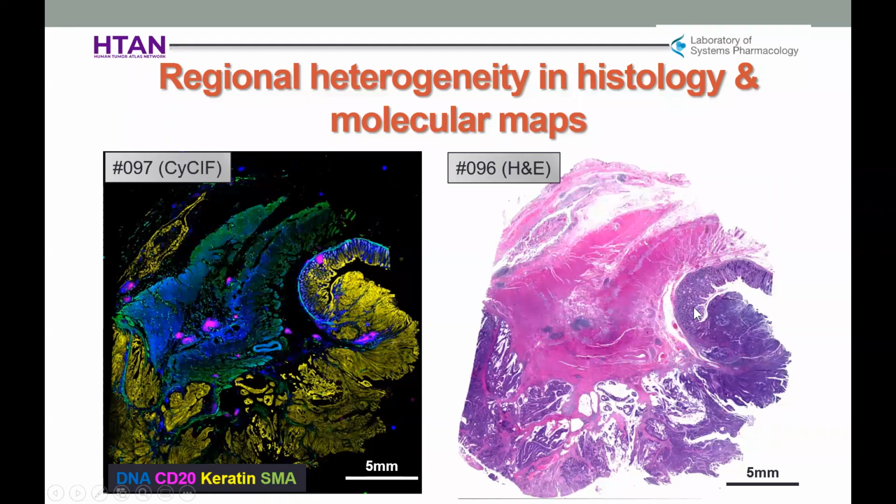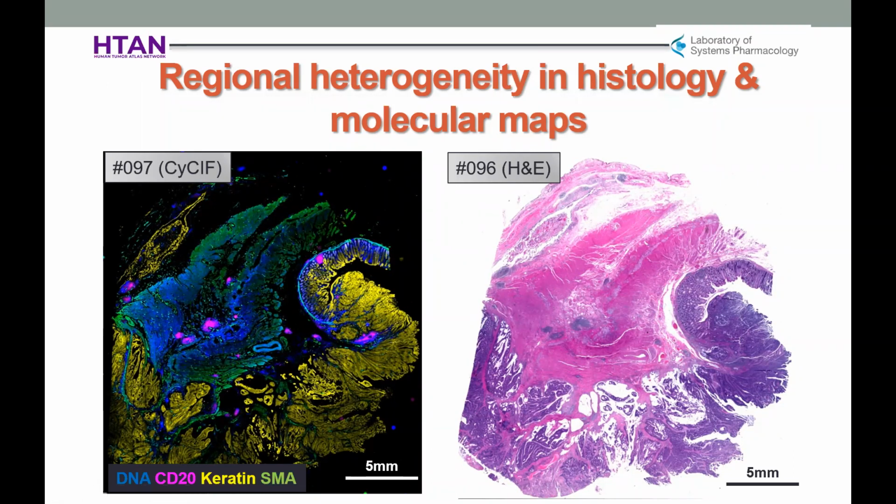If some people are familiar with this field, we have some of the normal colon tissue left right here, and the rest of this big blue chunk region you see here is the tumor region, as well as a nice stroma region, like here, and the mucosa region. Even just by looking at 4 markers, including DNA right here, you can start to see that some of the markers are distributed quite non-homogeneously, while some are very restricted to certain foci. For example, here the CD20 positive cells are probably only in some sort of germinal center or tertiary